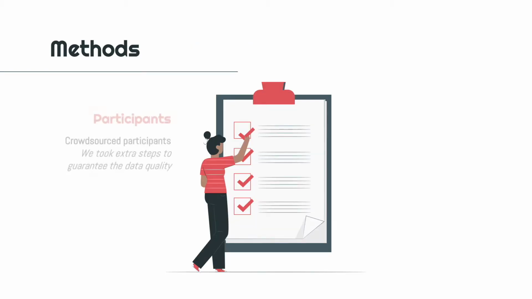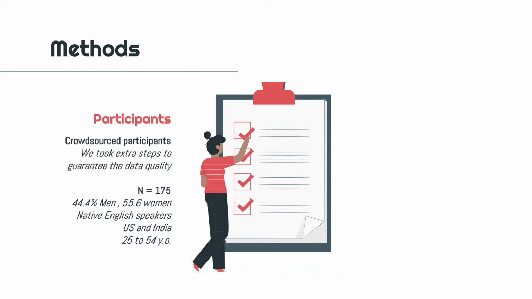We crowdsourced participants to evaluate an instructional video which presents beginner-level lessons on reading Python code in English. We took extra steps to guarantee our data quality by recruiting participants with excellent rates and experience, participants with no or minimal programming experience, and we excluded participants who completed the experiment too fast or answered the questionnaire in suspicious patterns. Our final sample consisted of 175 workers,